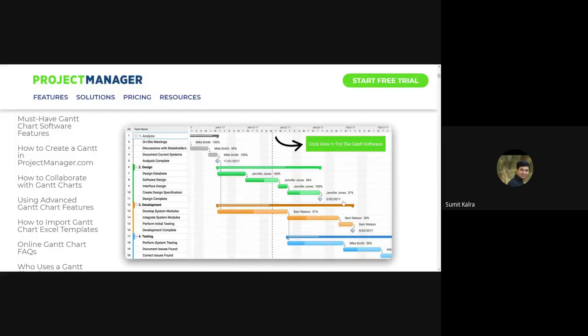Excuse me, sir. Yes. Sir, there Mike Smith is doing 59%. It is not written who is doing 41%, so we don't have to write that? No, don't follow things blindly. It depends on your project requirements and how much you need to mention. Okay, sir, I didn't understand. What we have to write, like we could also write here Jennifer Jones 41%? Yes, yes. Why did they write only 59%?